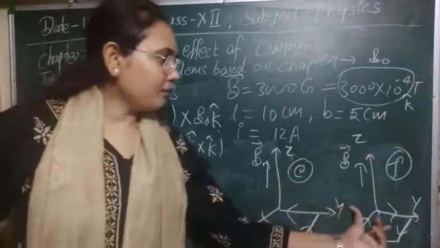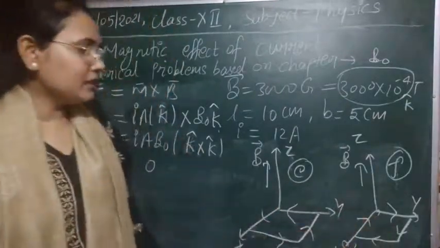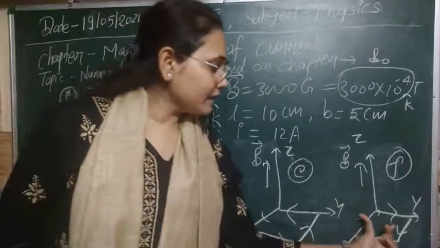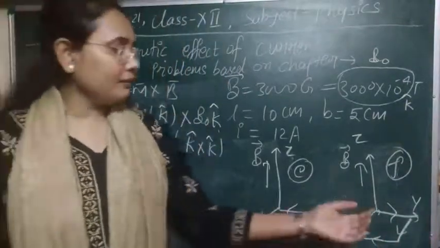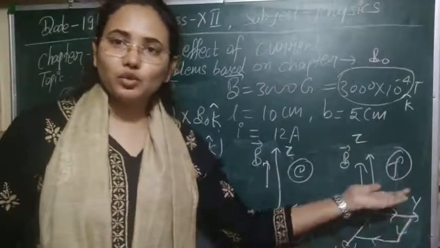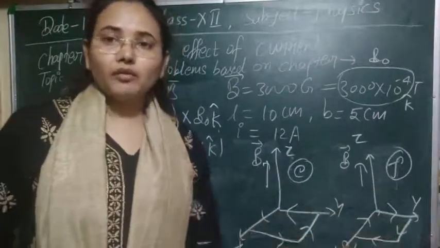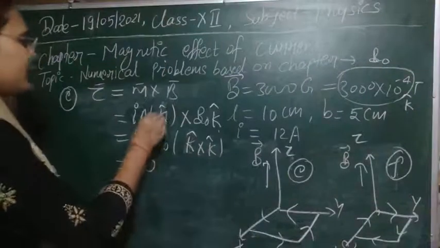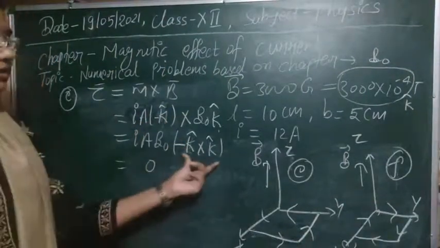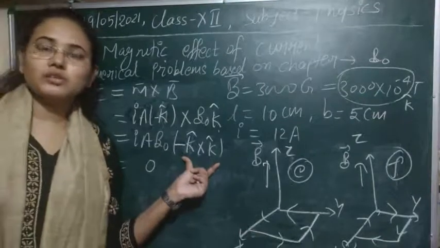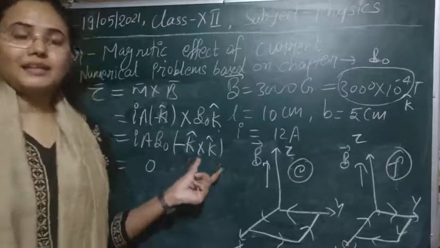Next case, for case F, you will see that as it is in clockwise direction, the magnetic moment will be perpendicular to this loop, but in the negative z direction. So it means we will have minus k. Again, if you write down minus k, then this value is also equal to 0, but exactly it is not 0.